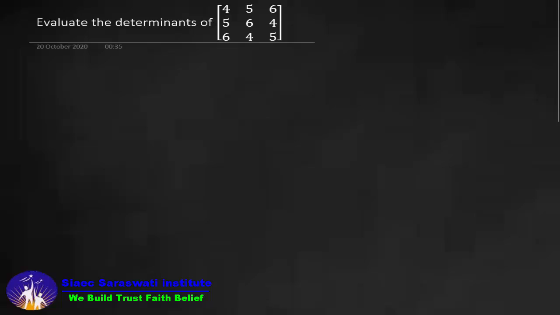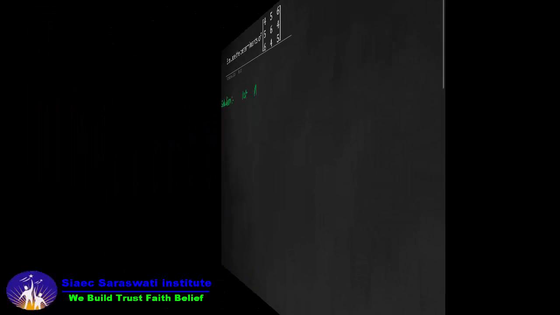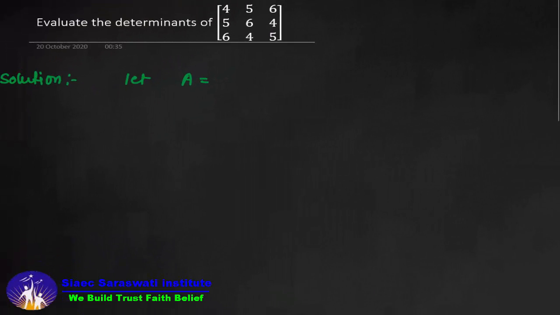देखिए मेरे पास में एक प्रॉब्लम है that evaluate the determinants 4 5 6 and second row है 5 6 4, थर्ड रो है 6 4 5। सो इस पर्टिकुलर क्वेश्चन का हमें जो डिटरमिनेंट निकालना है वो प्रॉपर्टी की मदद से निकालना है। ओके, सो आप सबसे पहले क्या कर सकते हैं, देखिए सबसे पहले आप जो भी मैट्रिक्स दे रखी है उसको आप नोट डाउन करेंगे। सो सॉल्यूशन दैट मैट्रिक्स A, let mod of A